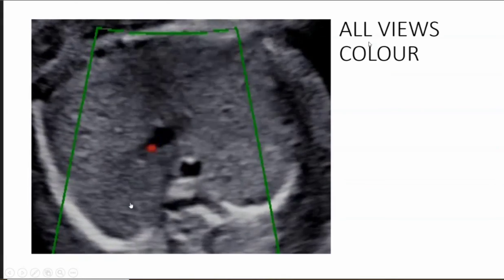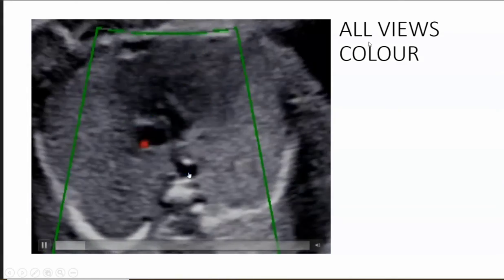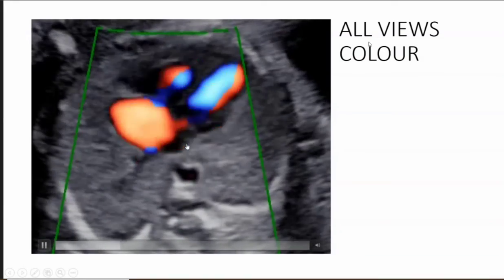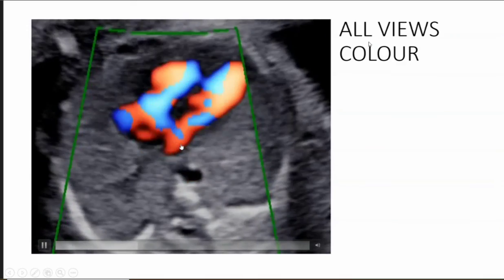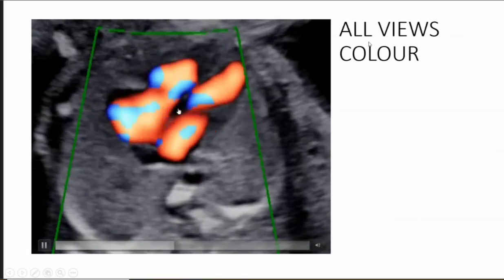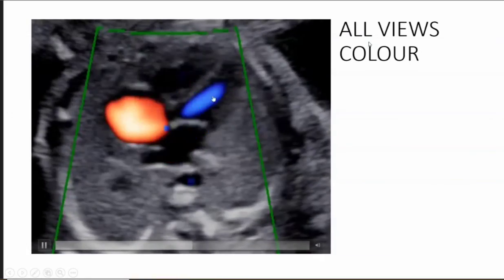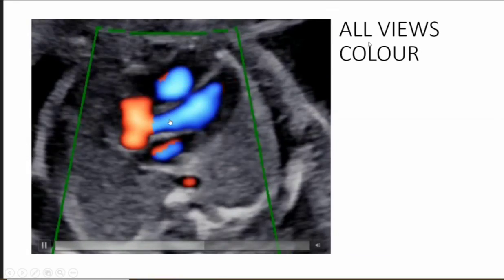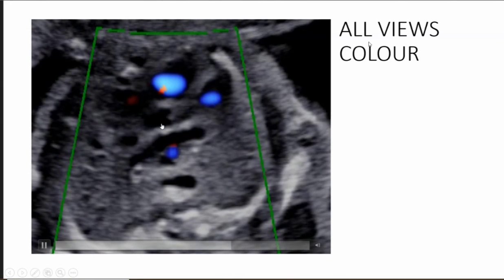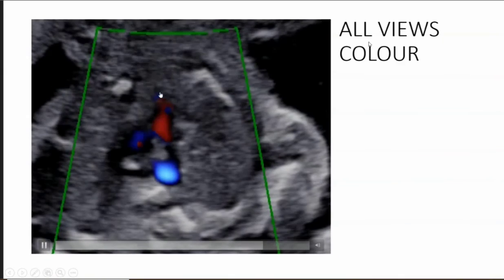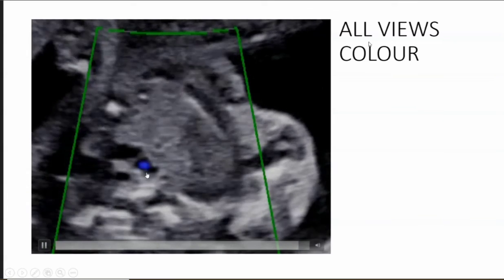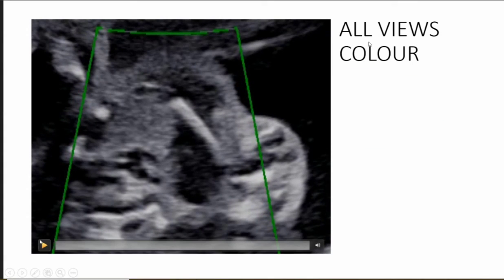So now all views in color from below above. IVC, aorta, IVC goes into right atrium. This left atrium, pulmonary veins going into left atrium, right atrium to right ventricle, left atrium to left ventricle. No flow across the interventricular septum. Crux is intact. Left ventricle gives rise to aorta, a 5-chamber view. Aorta crosses over to that other side. Right ventricle gives rise to pulmonary artery, great vessel crisscross, 3-vessel view, and 3-vessel tracheal view.